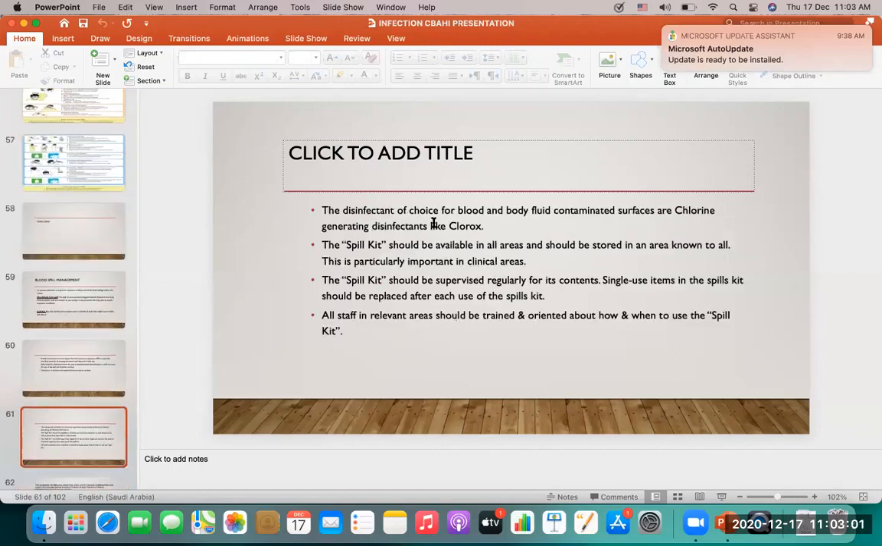The disinfectant of choice which we use in the spill kit is chlorine generating disinfectants like Clorox. For a brief introduction, there is a blood spill kit. What it is, it contains disinfectant, like Clorox tablets, some powder which will absorb the spill, PPE, and a brush or broom where the infectious material will be collected into the pouch and then finally disposed as a hazard into the